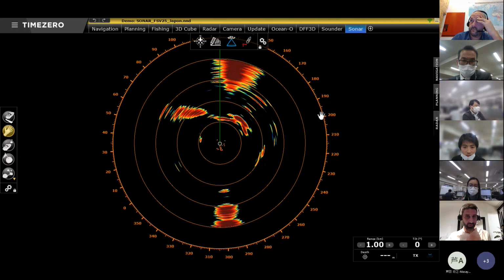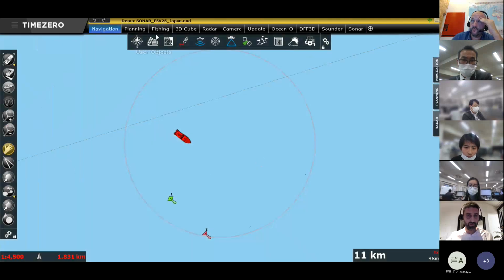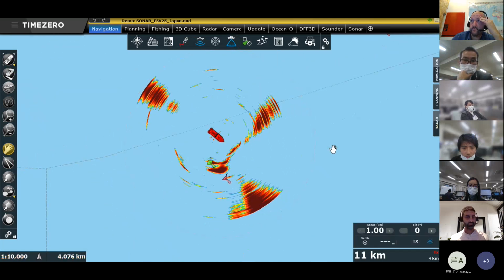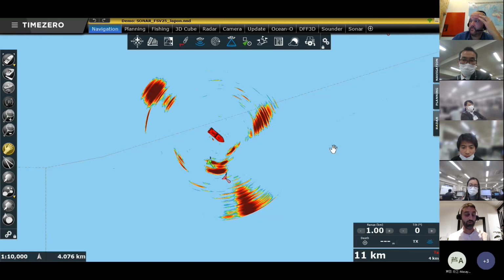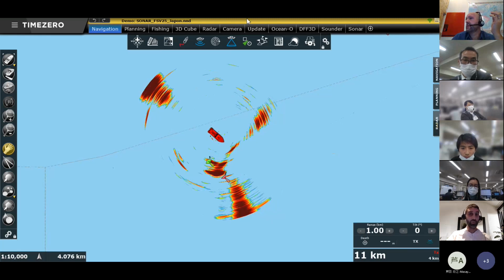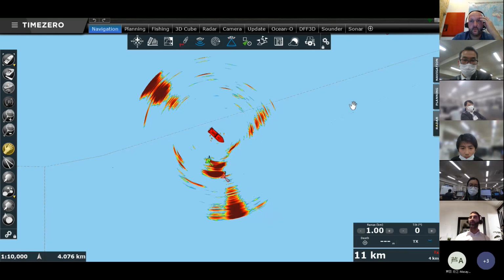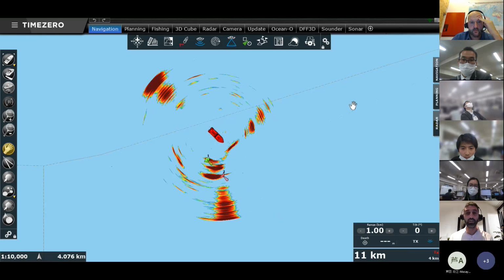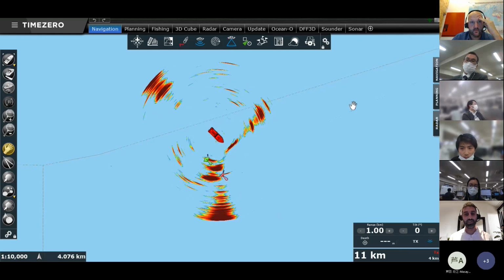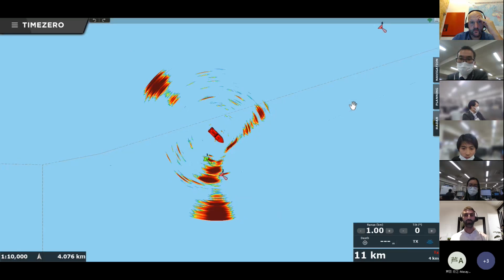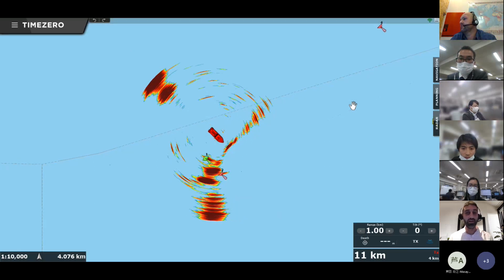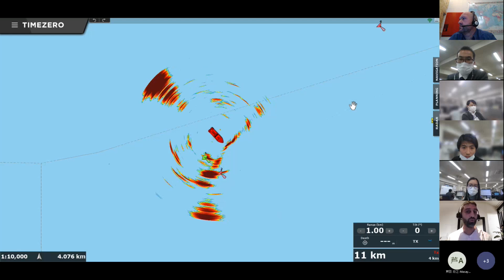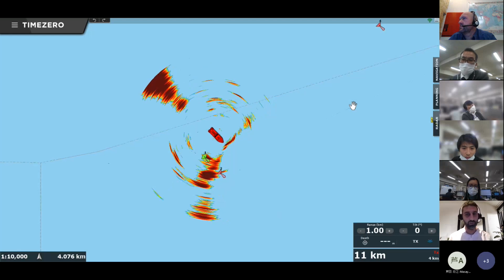You can also go to your navigation and overlay the sonar picture directly on the chart. So that's again extremely powerful, and we are actually very excited for that. I am in contact with Bruce from UK and Steen from Sweden. They have sold this concept to many customers, and probably the day it will be available on TimeZero, we'll have a lot of sales for this integration, because it's really, really nice. And again, it's unique in the market. Nobody has that type of integration.